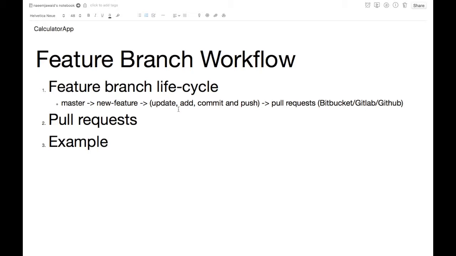So, in this tutorial, I will teach you a feature branch workflow. That is one of the workflows that developers use for collaborating on a project. And I will go over the feature branch life cycle. What are the different commands that you use to start a feature and then to